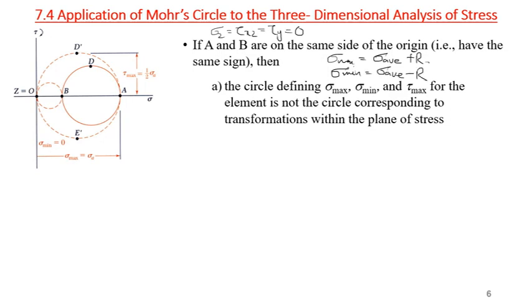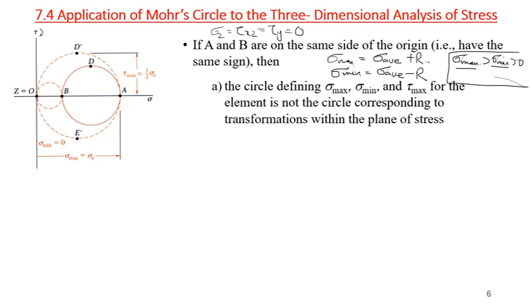Now in this case, let's suppose sigma max is greater than sigma minimum, and that is also greater than 0, meaning the maximum and minimum principal stresses are tensile in nature. Then if you draw the circle,